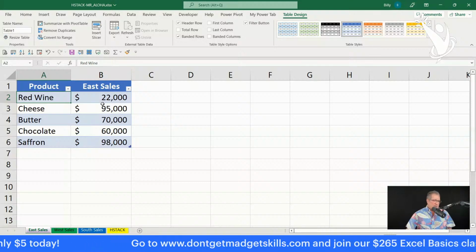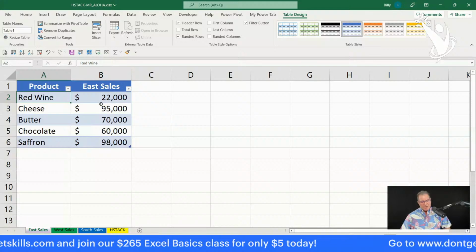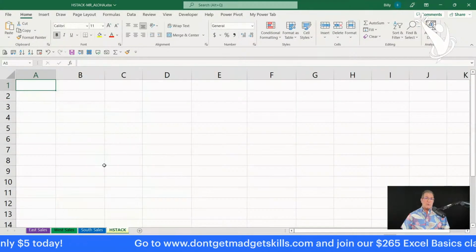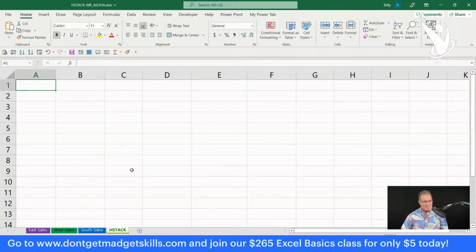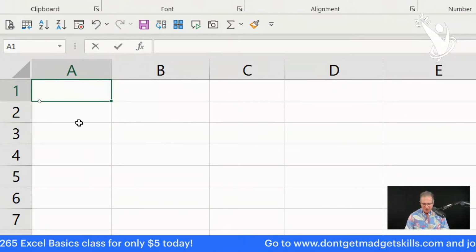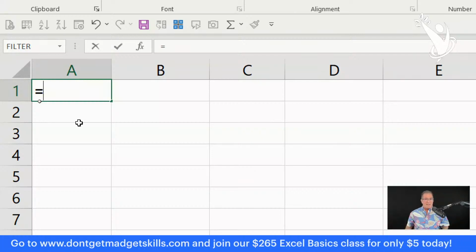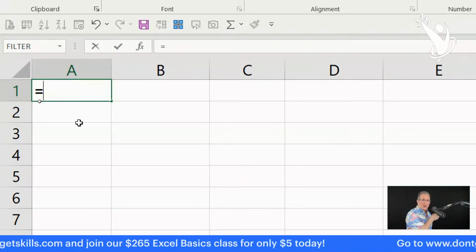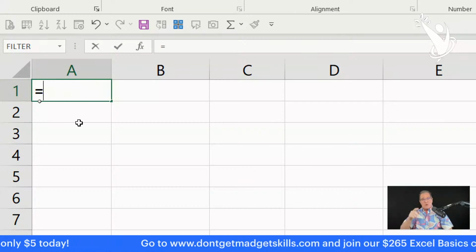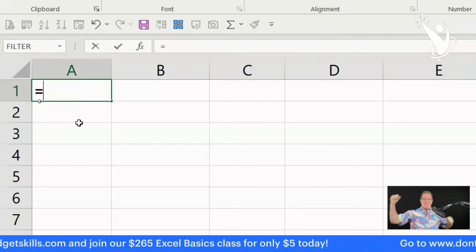Okay. So now that we have converted our ranges into tables, we're going to go to the worksheet where we're going to build our formula. So with the marquee in cell A1, we can go ahead and start typing equals. Whenever you're writing a formula, the very first thing you do is a command. You command Excel to do this. Excel, boom, do this. Remember, you rule Excel. The brains of Excel are in the chair.